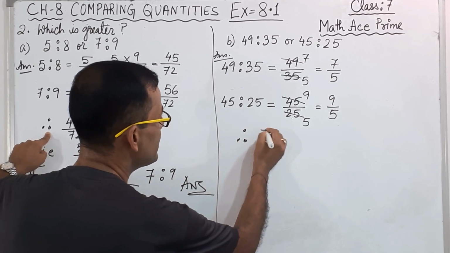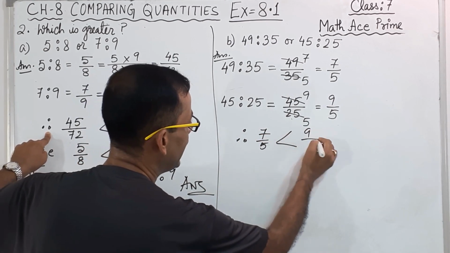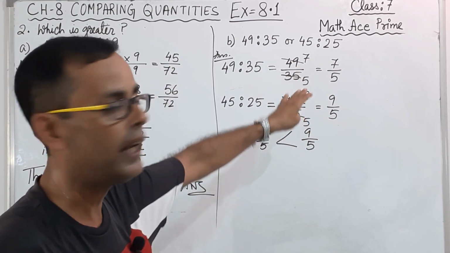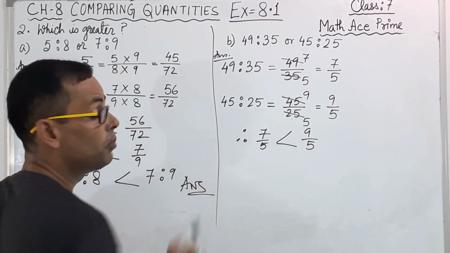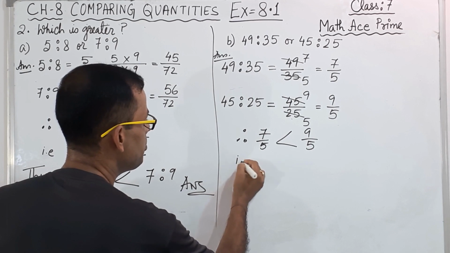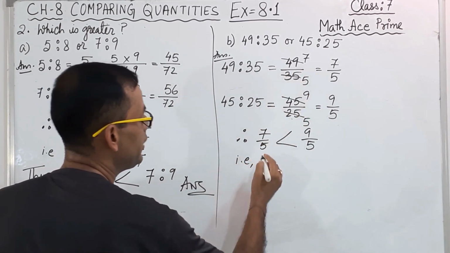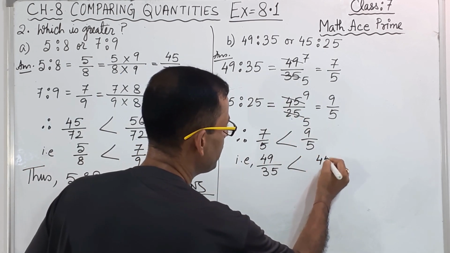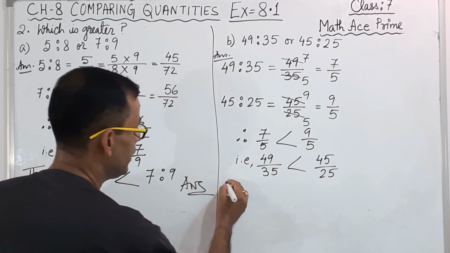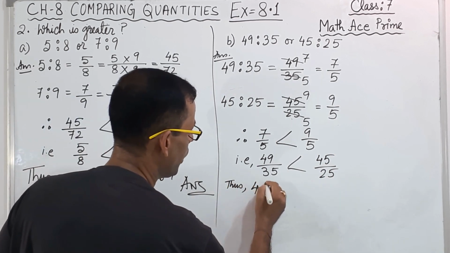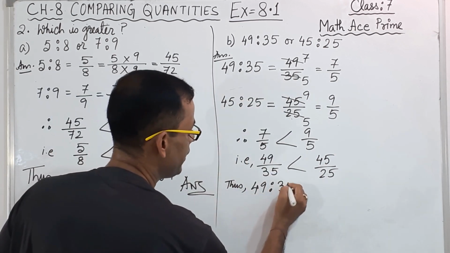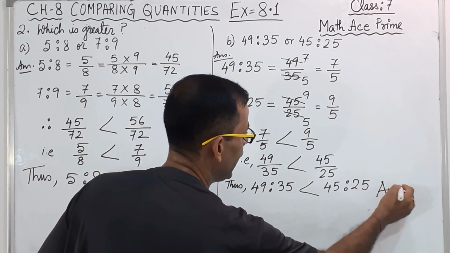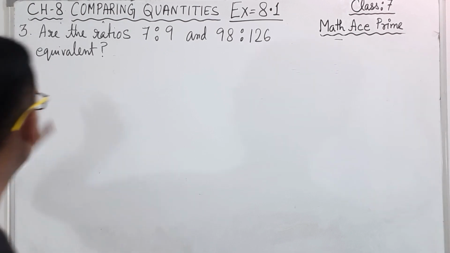तो अभी हम बोल सकते हैं, देयरफॉर लिखेंगे, ओके, 7/5 इज स्मॉलर देन 9/5। ये इससे स्मॉलर है क्योंकि डिनोमिनेटर 5 सेम है, तो 7 छोटा है, 9 बड़ा है। नाउ 7/5 का असली क्या है, 49/35। और 9/5 का असली, द ओरिजिनल वन, 45/25। thus, 49:35 is smaller than 45:25। और ये आ गया हम लोग का आंसर।